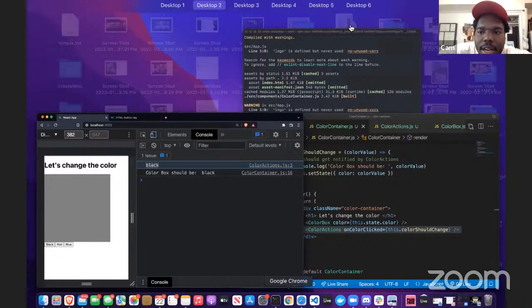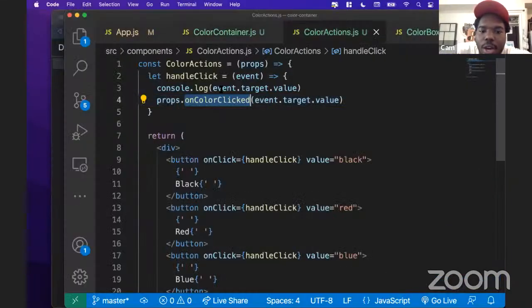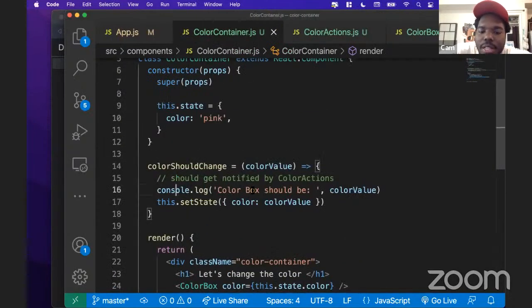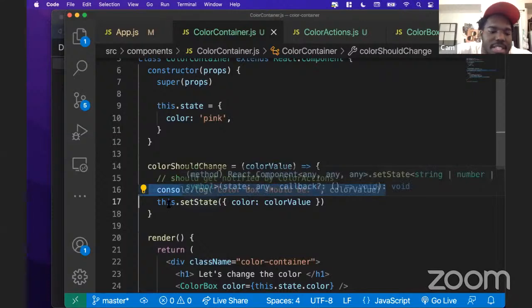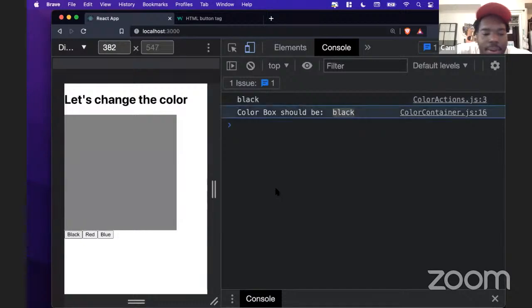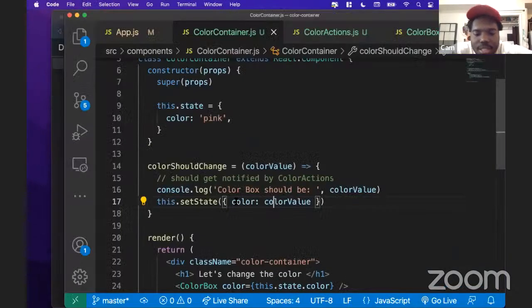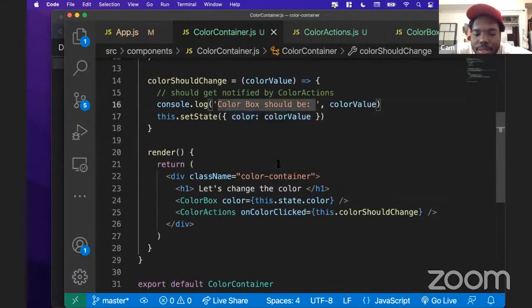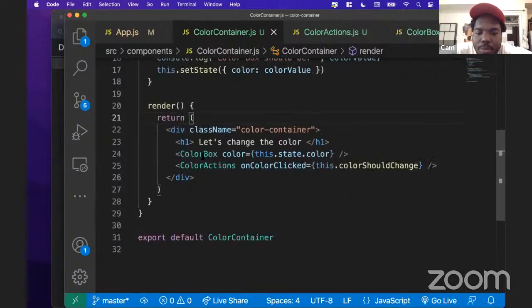that button triggers us to call that callback, that props function that we defined. And when that props function gets defined, we're console logging the color box should be, and setting the state. So here we say color box should be black. So now we're imagining that this.state.color should be the same as black at that point. So the best way to test this is now that we're passing color into the color box,